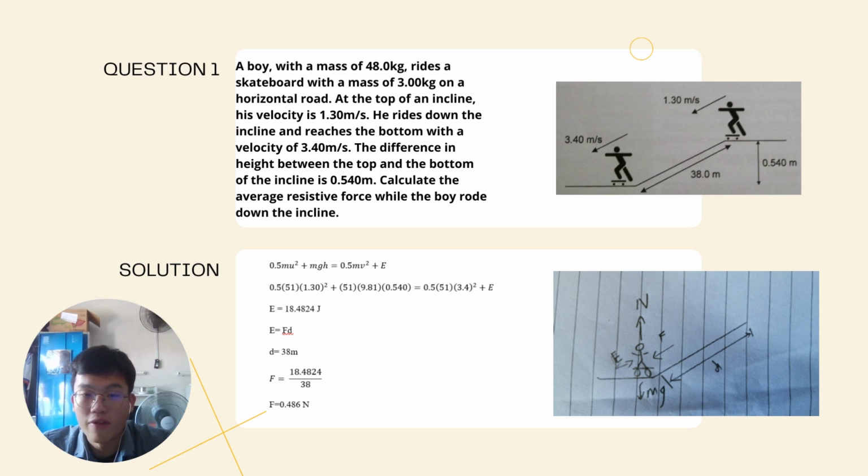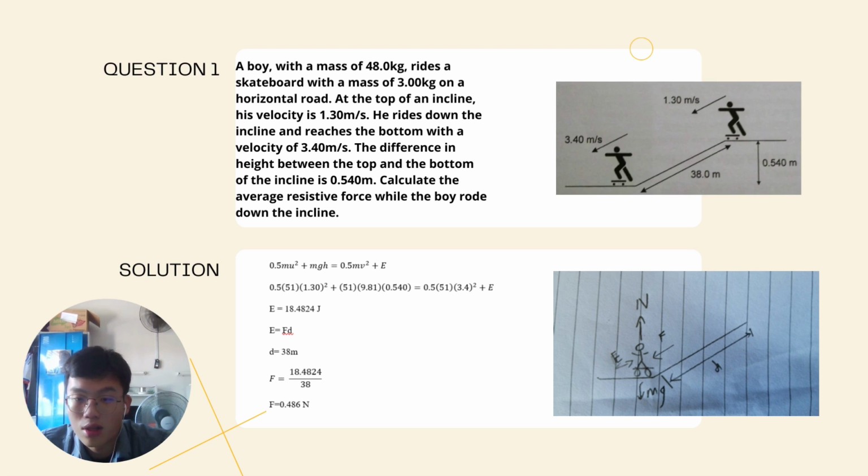So we use the formula of the principle of work and energy. Initial kinetic energy plus work done equal to final kinetic energy. 0.5 mu squared plus mgh equal to 0.5 mv squared plus E. Then we use 0.5 times 51 times 1.30 squared plus 51 times 9.81 times 0.54 equal to 0.5 times 51 times 3.4 squared plus E. Then E will be equal to